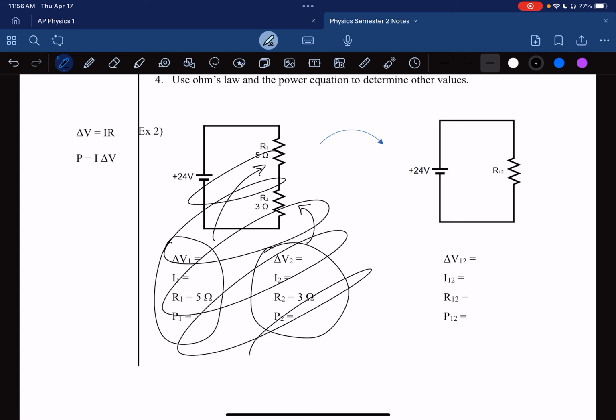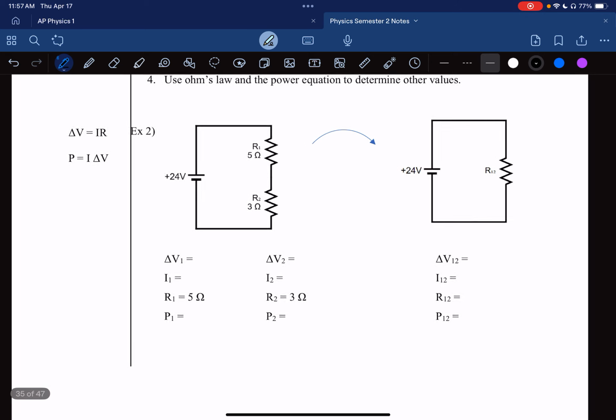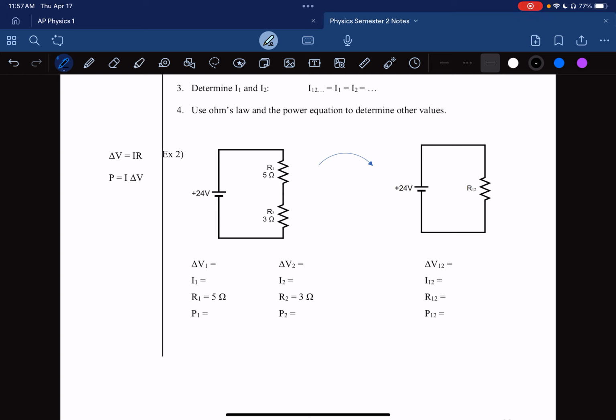To solve these, what we do is we simplify it. We can imagine that these two resistors kind of behave as one big resistor. Hopefully that concept makes sense. And that's actually really easy to do. What is the resistance now of this combined resistor? Well, you just add them up. We'll say R12, which is our combined resistor, is basically just R1 plus R2,